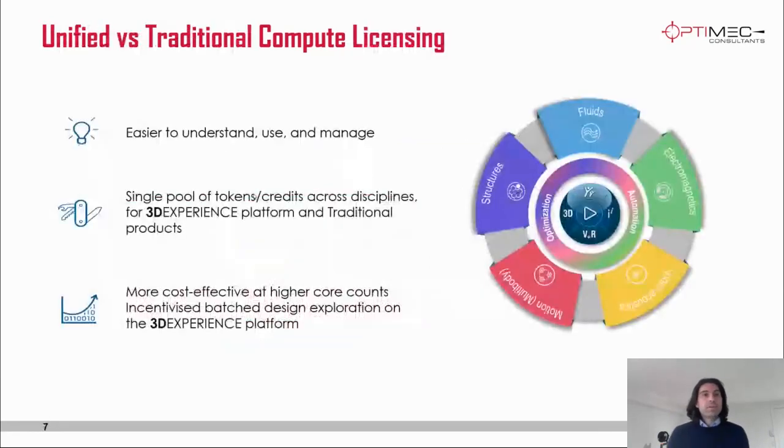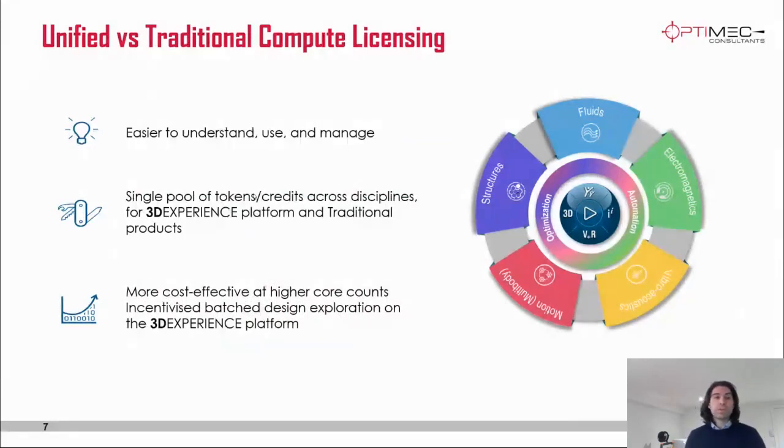Compared to the traditional compute licensing model, this new model is easier to understand, to use, and to manage. There's a single pool of tokens or credits across all disciplines. So again, if you have two roles, fluid dynamics and structural, the same tokens can be used in either role. It wasn't really presented here, but there's an incentive to run more simulation.